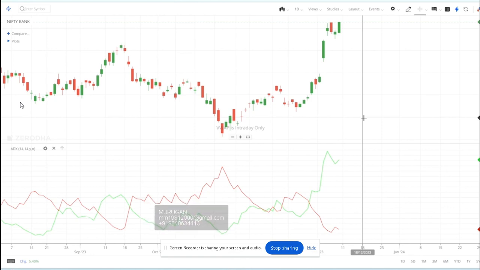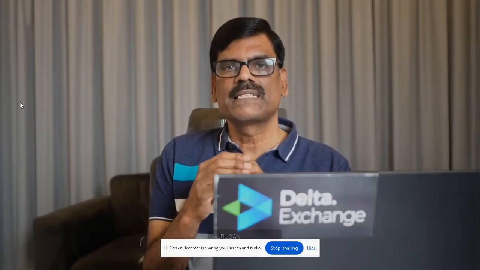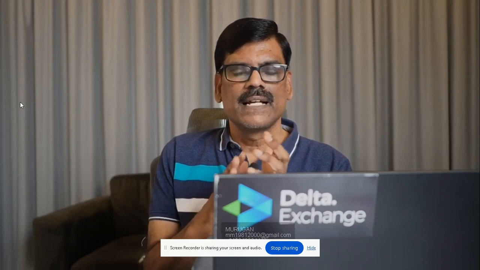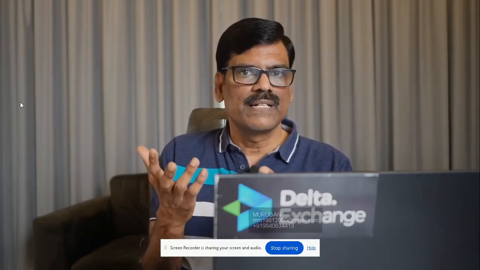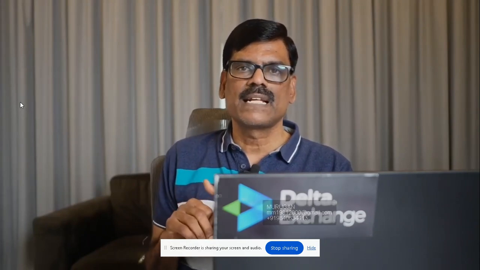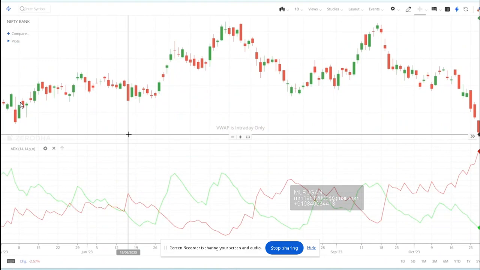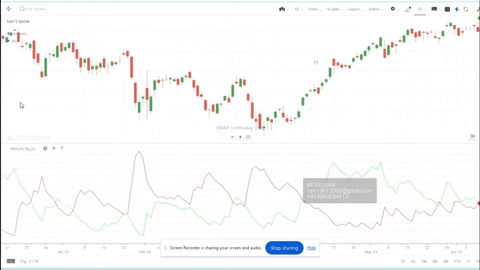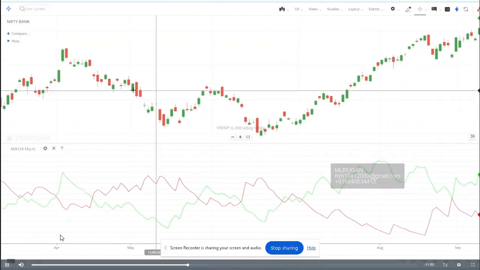Now the interpretation is like this. If from now onwards I don't use the words positive directional index and negative directional index, I use the words green line and red line. Green line means positive directional index, red line means negative directional index. You have two lines, green line and red line. Maybe I just go to some distance.